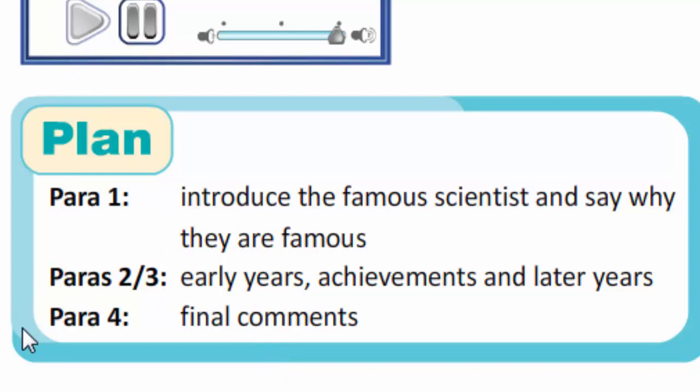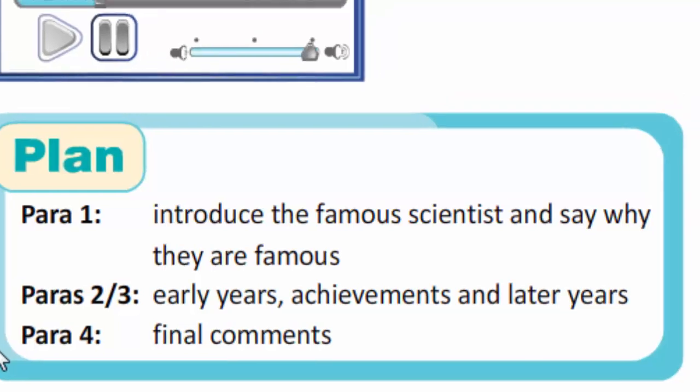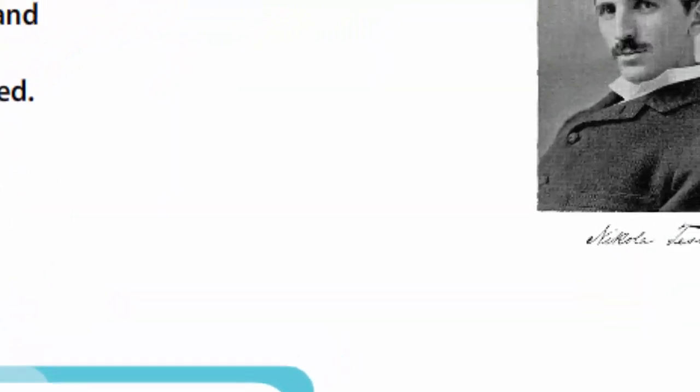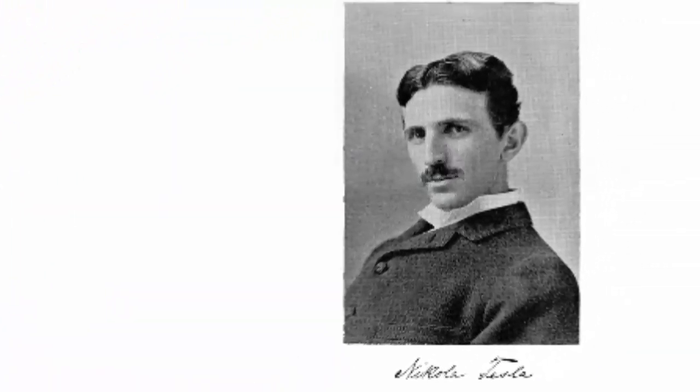Nikola Tesla. Have you heard of Nikola Tesla? Well, some people thought of him as a mad scientist, but he was actually one of the greatest inventors in history. Tesla was born in the Austrian Empire in 1856. As a child, he was very interested in physics and had a talent for engineering. Despite not graduating from university, he was an excellent student.